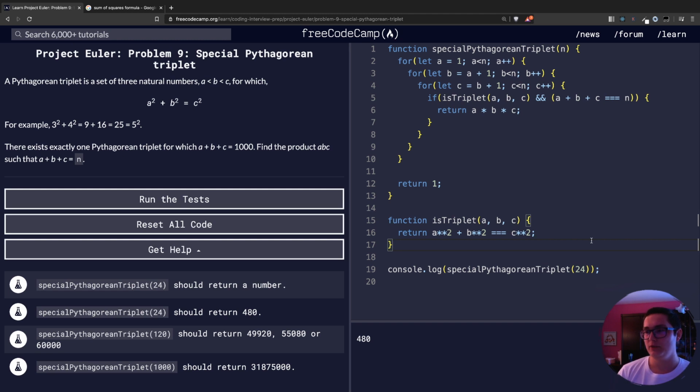But you can compute C out of A and B. Not sure what you mean. Okay, so for 24 we get a number, which is good. Now for 120 we get this number, and for 1000